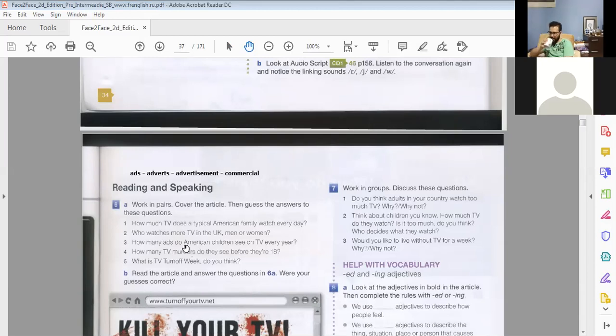So in your opinion, how many ads do American children see on television each year? What do you think? How many? Maybe 5 times, maybe, or every year. Here we're doing number 3 now. How many ads do American children see on TV every year? Maybe 115. 150, maybe. It's a guess. Don't know. Maybe. Right? Okay. Now, number 4. How many TV murders do they see before they're 18? How many TV murders do